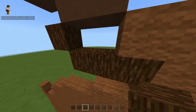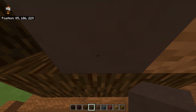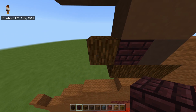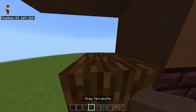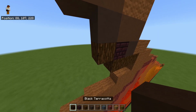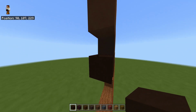On top of the middle block of those 3 spruce logs, we're going to place a grey terracotta with a nether brick to the left of it. Go to the left where you've got this spruce log, and on top of that place a grey terracotta. And also next to this spruce log, you're going to place 1 black terracotta with a linked 3 black terracotta going across on the upper level to the left,